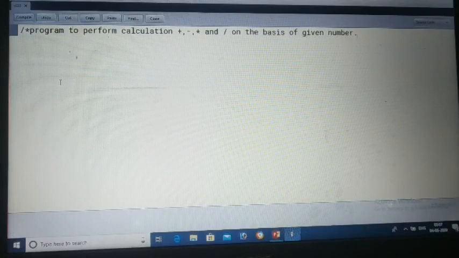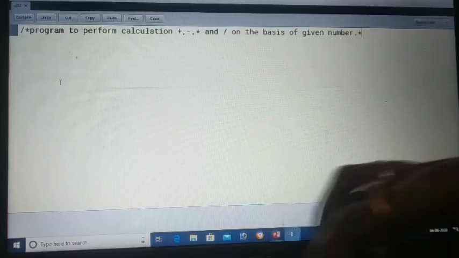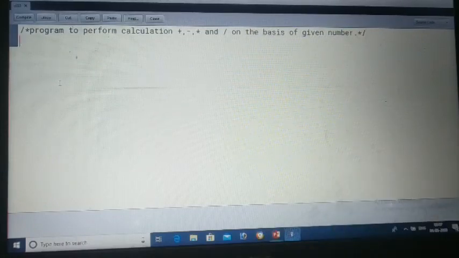So here you are going to perform a program where you will give a number, and on the basis of the given number, you will perform an operation. Suppose you have given number 1, so plus will be done, number 2 minus will be done, number 3 multiplication will be done, and number 4 division will be done on the basis of the given number. So let me exemplify more.